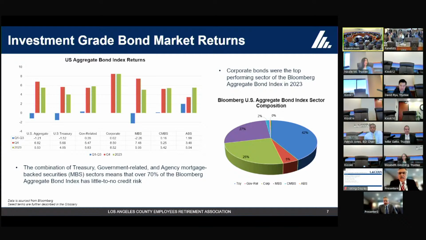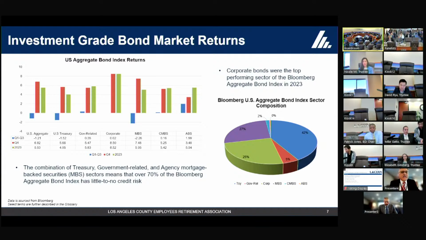As you can see, it's about 42% treasuries, 27% in mortgage-backed securities, and about 5% in government-related issues. Putting those together, you have almost 3/4 of the index that has essentially no credit risk. The biggest part that does have credit risk is the corporate sector, shown in green, representing